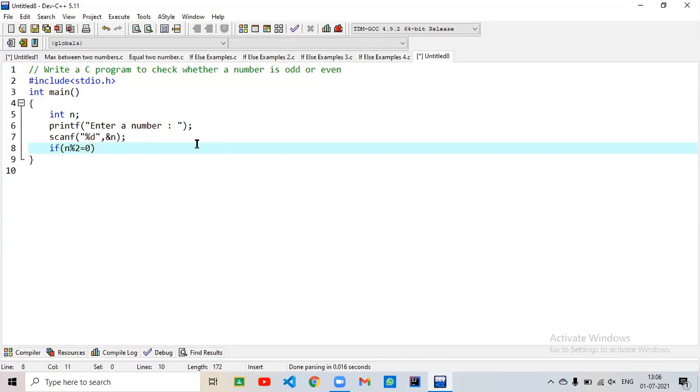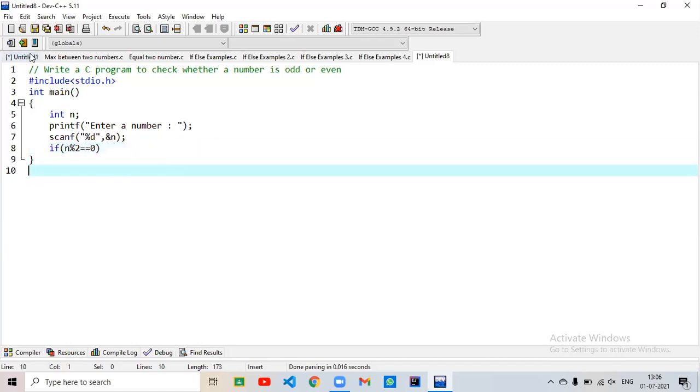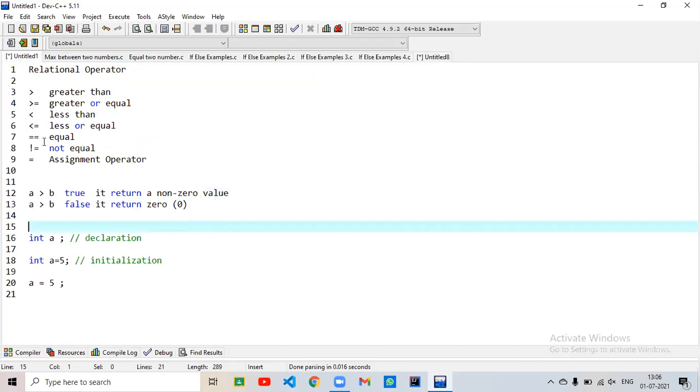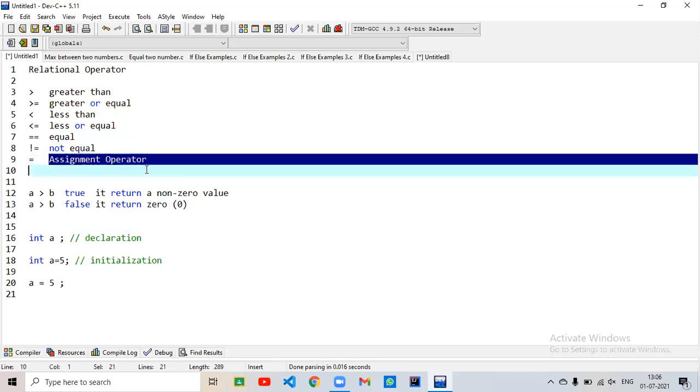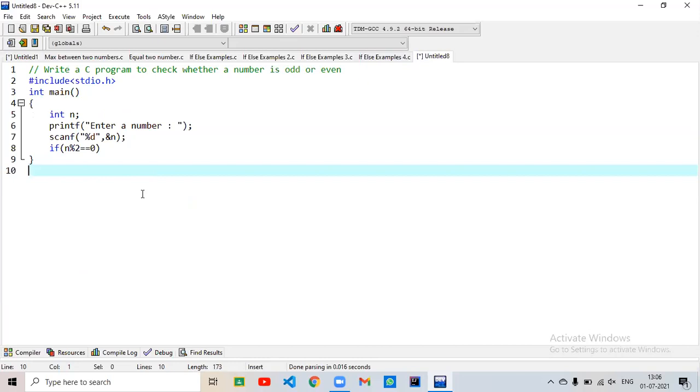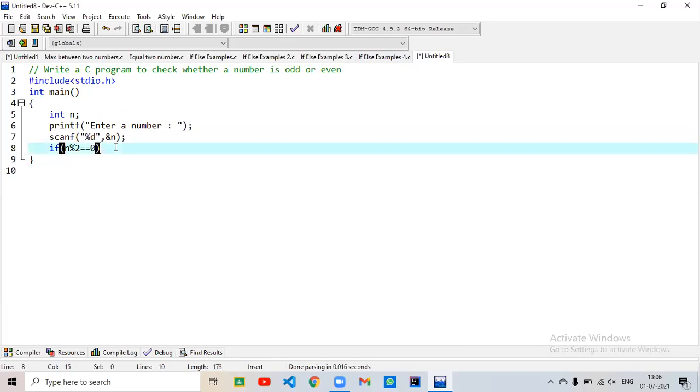As you are checking whether it is equal to 0 or not, for equal to, you have to use double equal to. So confusing, I know, but you have to be habituated. Listen, equal means double equal and assignment operator means single equal to. Got it?